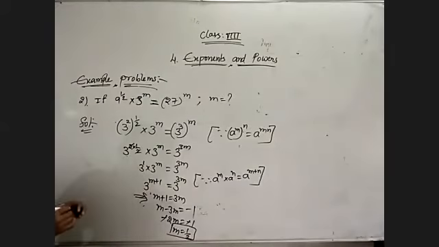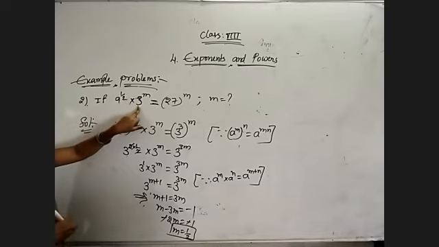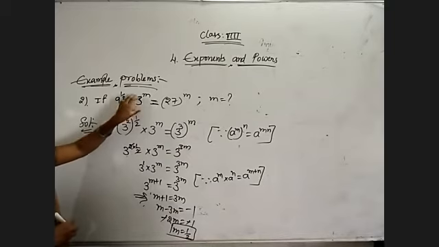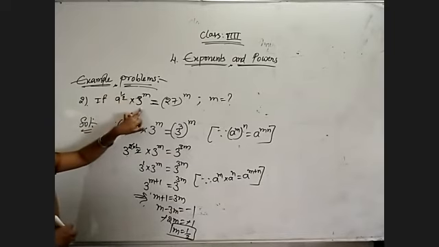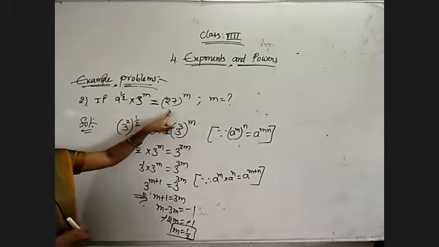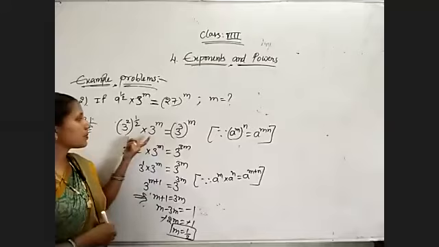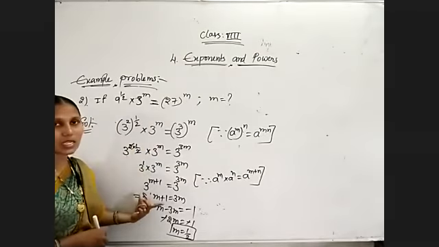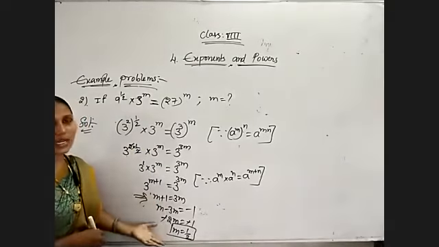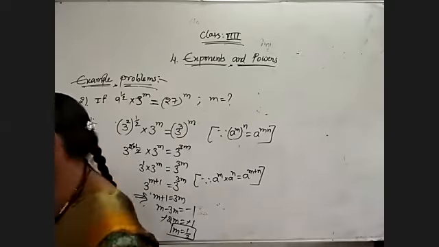Once again I am explaining. Whenever you get an equation like this, just observe here we got base 3. 3 is the smaller number and it is a prime number. Try to write 9 also in terms of 3 and 27 also in terms of 3. So 9 is 3 square, 27 is 3 cube. Substitute that, use the required formulas, simplify, then you will get the required unknown value. And now coming to the next problem.